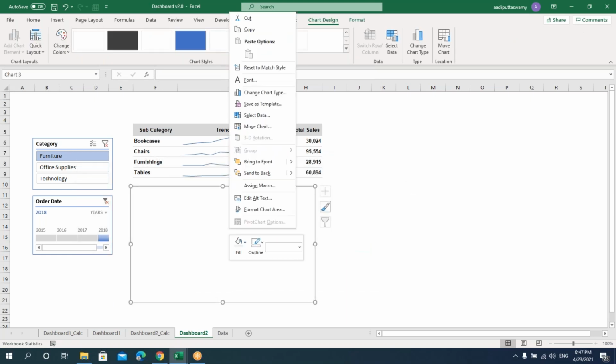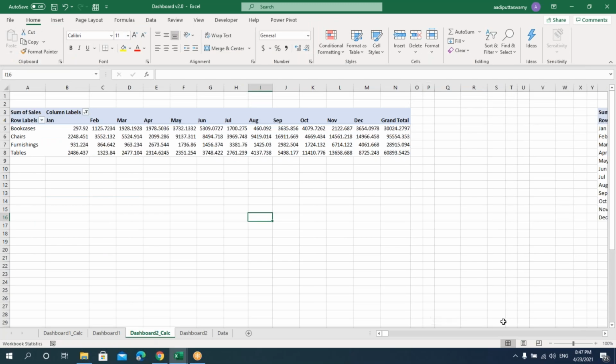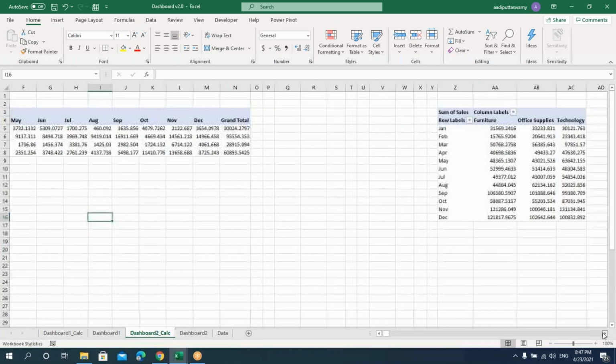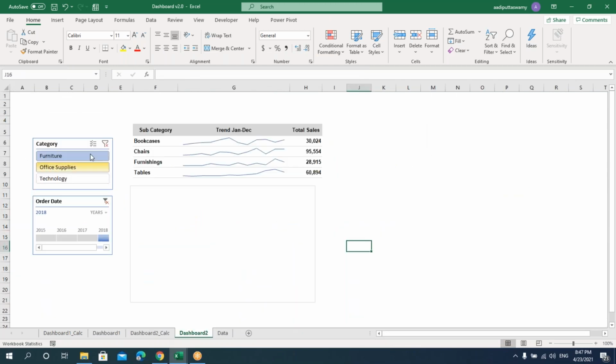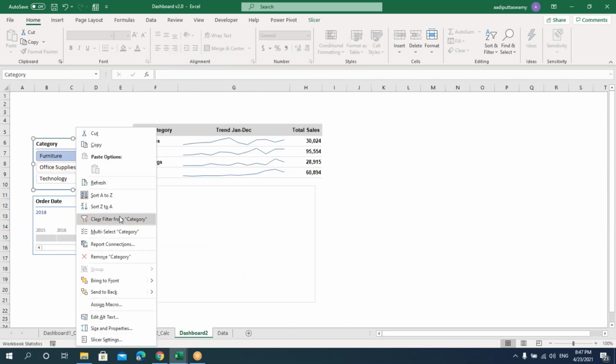All right. Right click. Here we have the data which I've already prepared. As I mentioned, if you have this chart, this will become like a pivot chart. So what to do with this? Let's go here. We have this slicer. Right click and I'll say